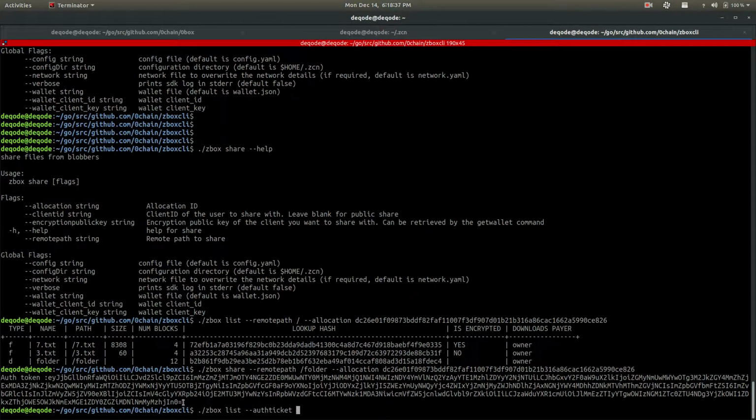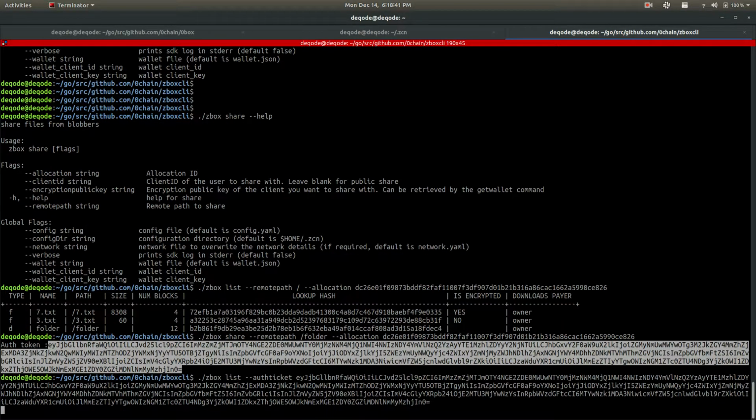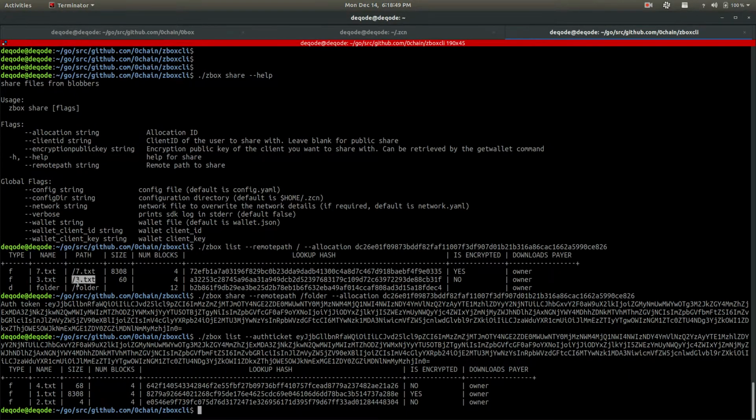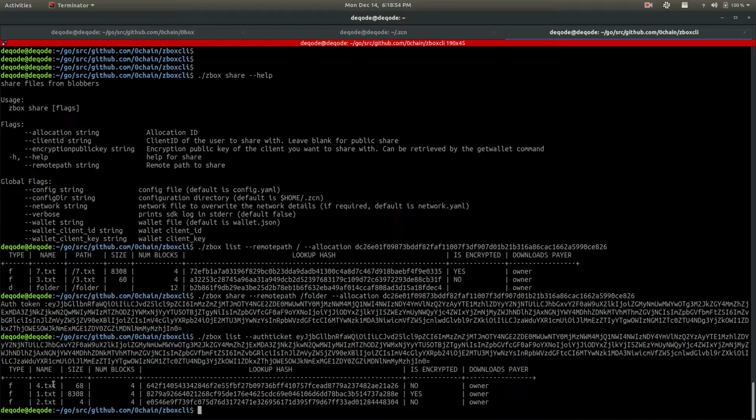in the list command. If you use the auth ticket in the list command, then you can see the content of the folder. You see, using the auth ticket, you can see that this was the folder. Inside this folder, this auth ticket is telling us there are three files: 4.txt, 1.txt, 2.txt. Now out of these three files, we can download any one of them using the download command by giving the above auth ticket